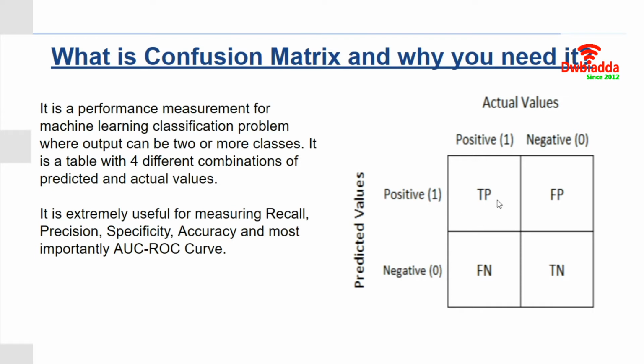For example, in the case of true positive, it is interpreted as: you predicted the true value and it gives you the positive result. So this is a true positive. For example, if in actual we say the woman is pregnant and your machine is also predicting it as true, then this is a true positive case.